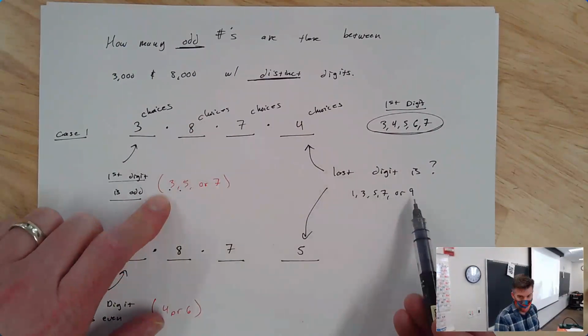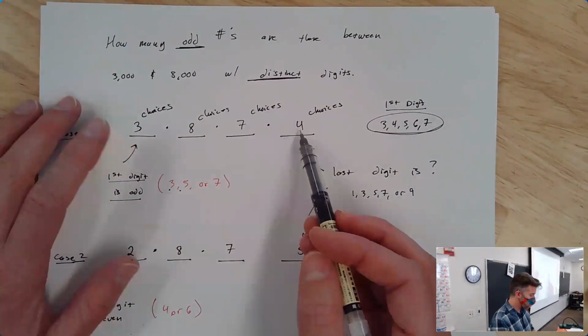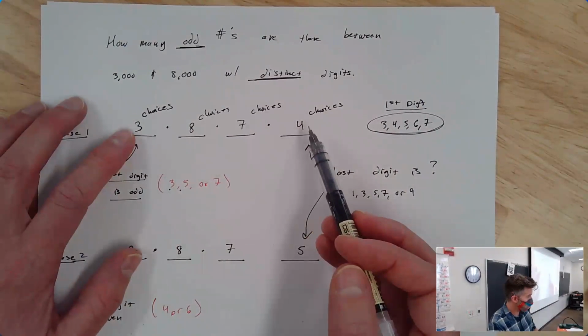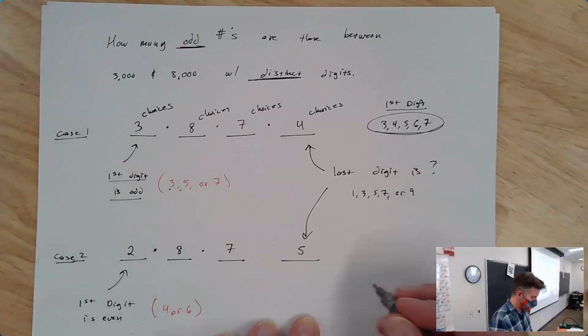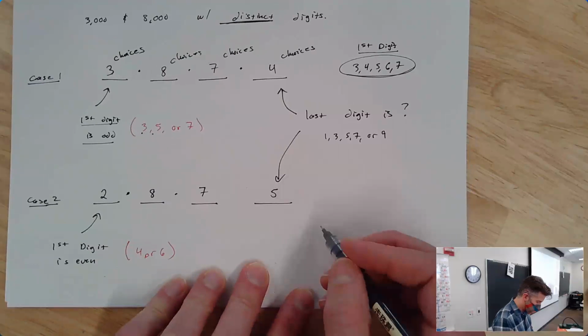It could be 1, 5, 7, or 9. So already there's 12 different ways of picking a first number and a last number. I can even write them down, right? So I'm going to do that real quick to show you. The first number could be